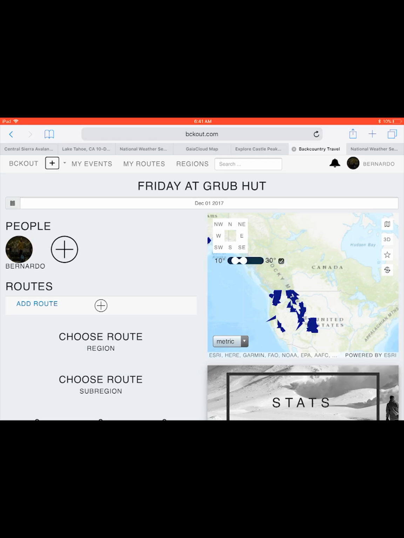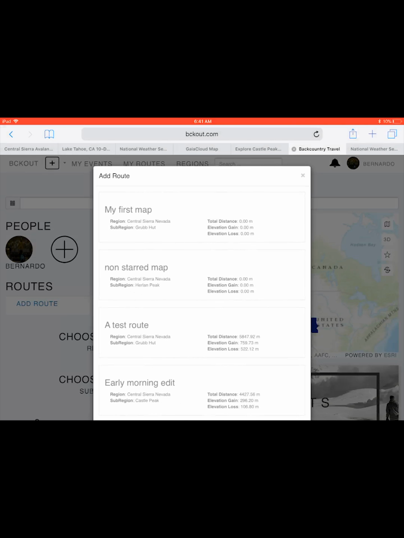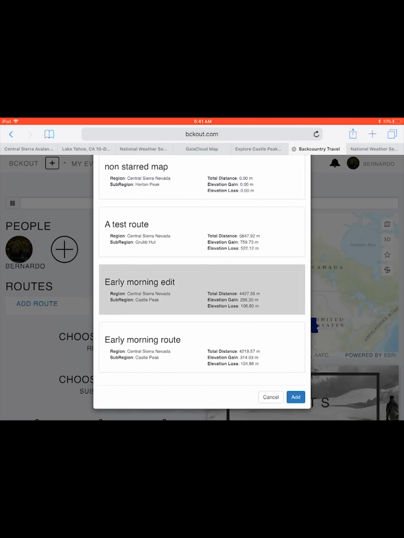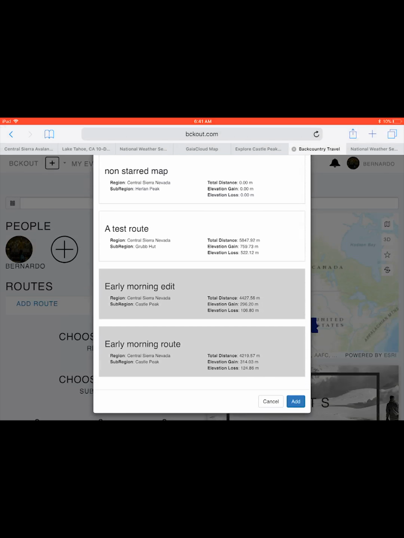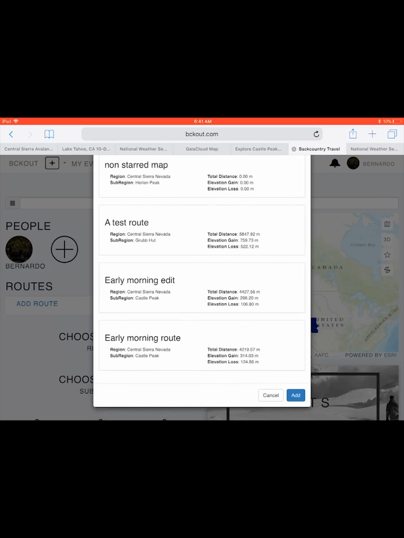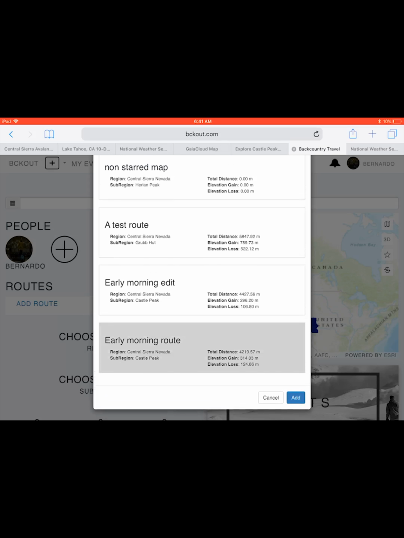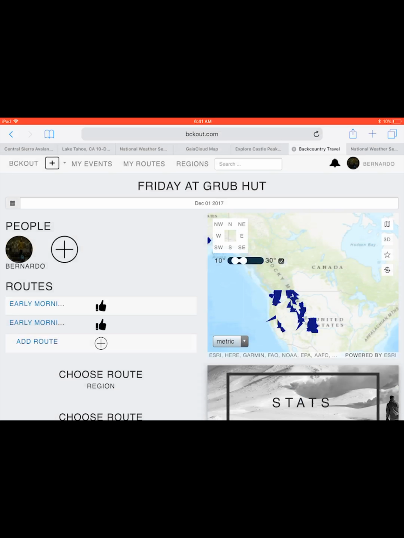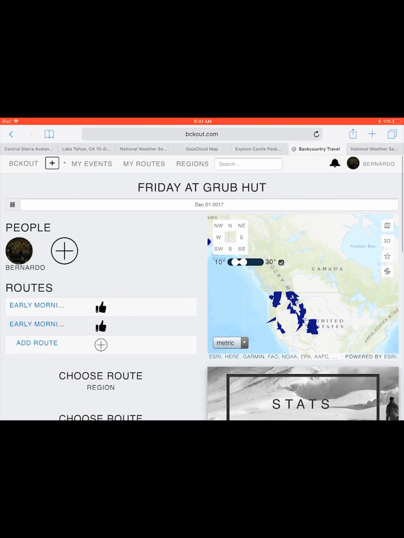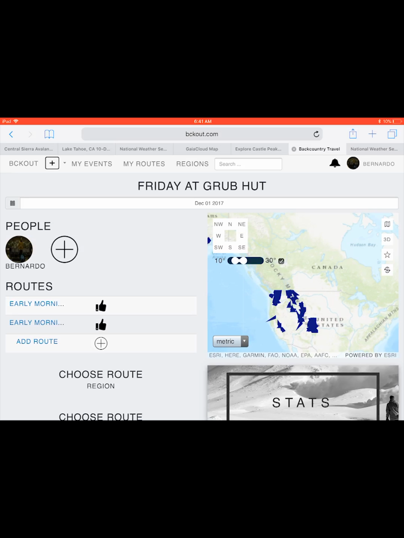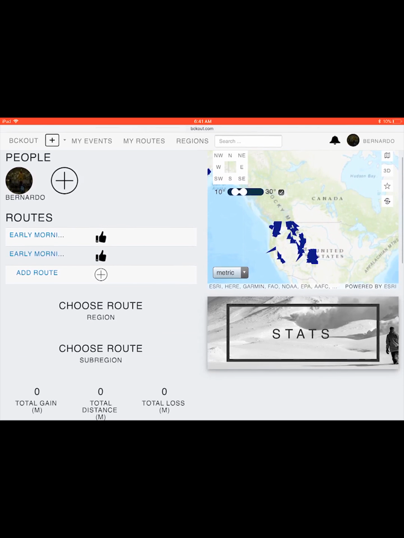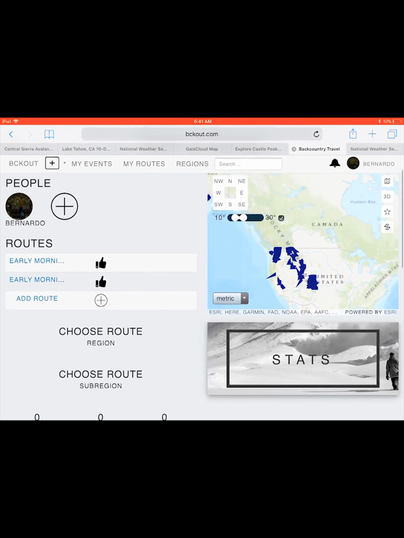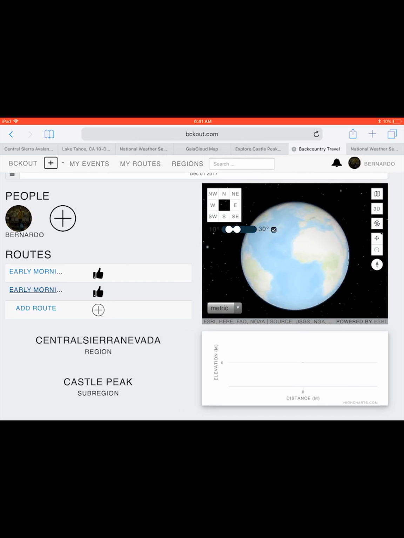So what I did was, when you make a route here, you're able to add your own routes, and this is basically all the routes that I've made. What we can do is choose the route that I just made, like early morning route, and add it to the list of potential routes that we want to do. Oops, I added it 2 times. So here we have the route added 2 times because that was a mistake. And when we click on it,